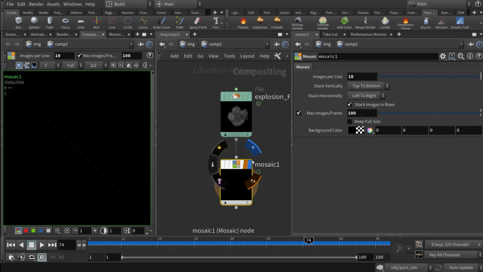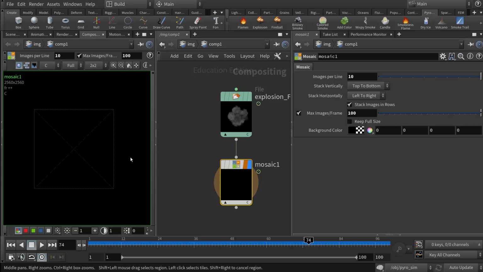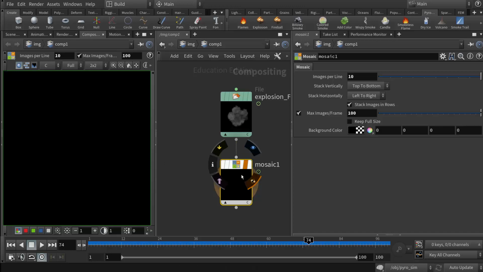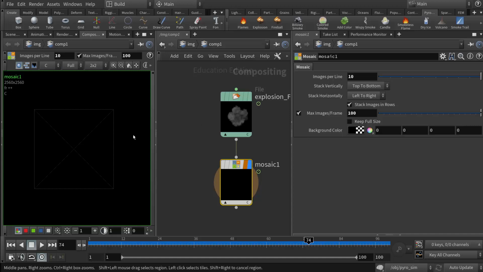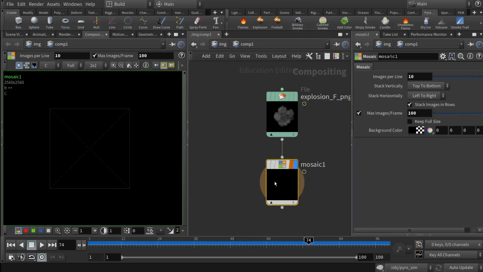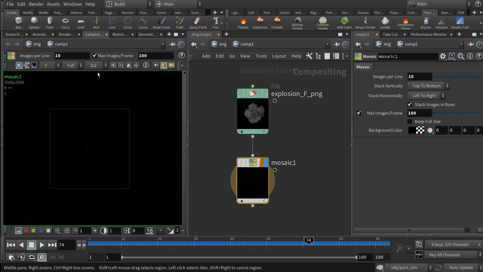And then if I put my display flag here, it should show me the images. What is going on there? Yeah, I should see them in here. Now I am having a little bit of trouble with this. For some reason, it wasn't reading some of my images, but I should see them here. They should show up now, right here. So again, I'm having a little bit of an error issue, and I don't know what was going on with it. But what it did give me,